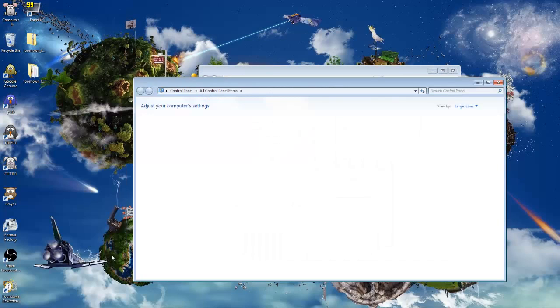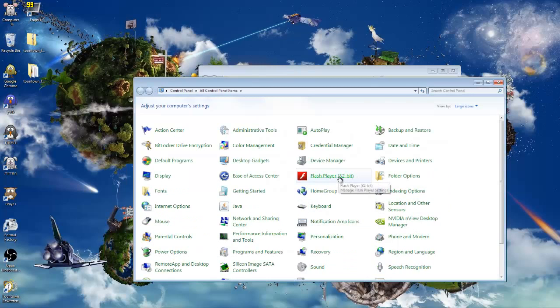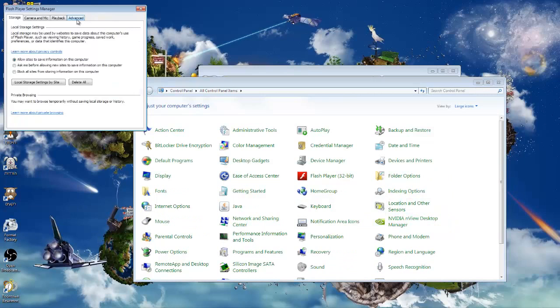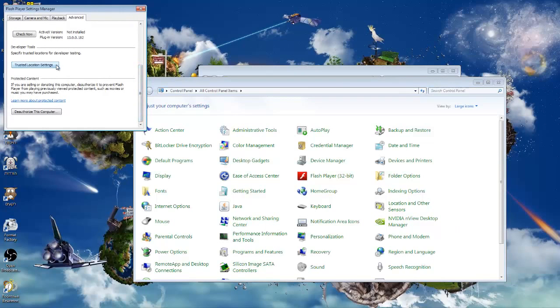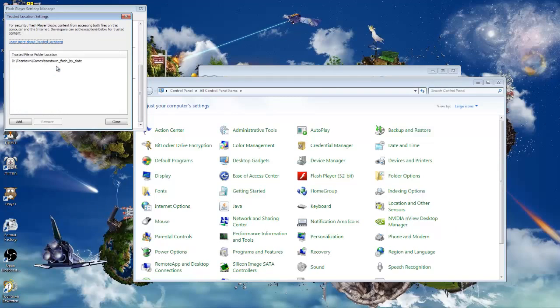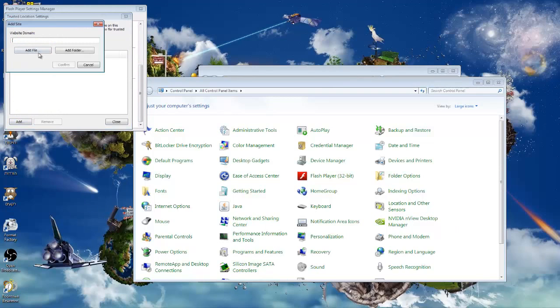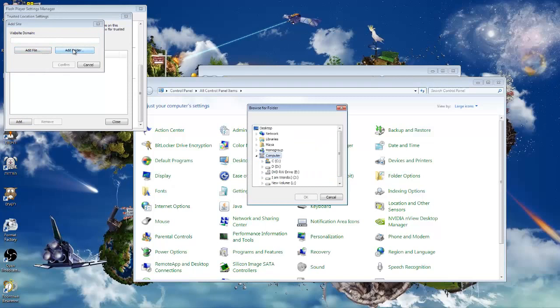First, you go to Control Panel. You look for Flash Player and you click it. You go to the Advanced tab. You go down and there is a button called Trusted Location Settings. You go there, you click Add, and you can either add just the Neopets game, but I suggest you add the whole folder. So you do Add Folder. You look for the folder,